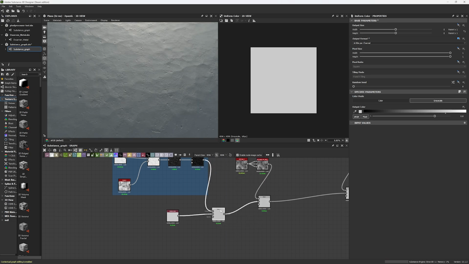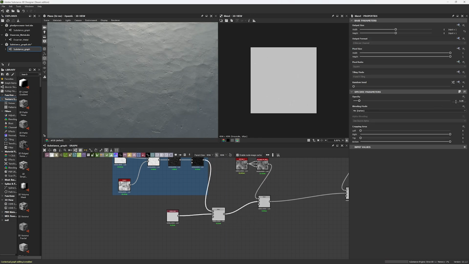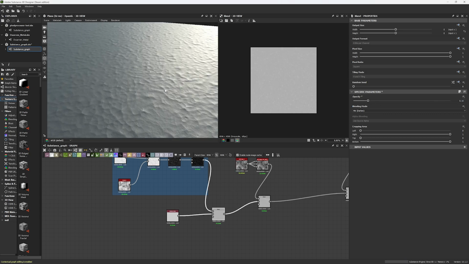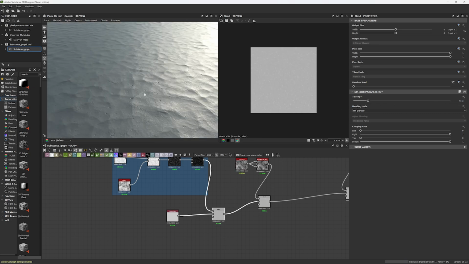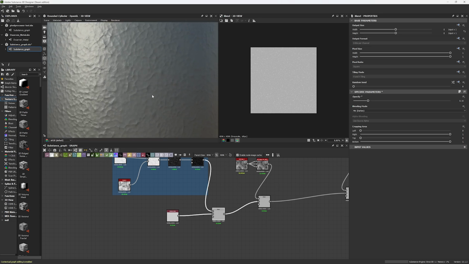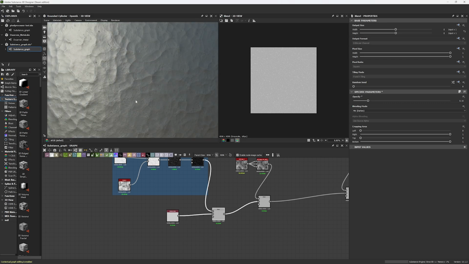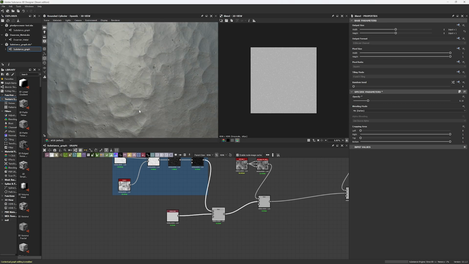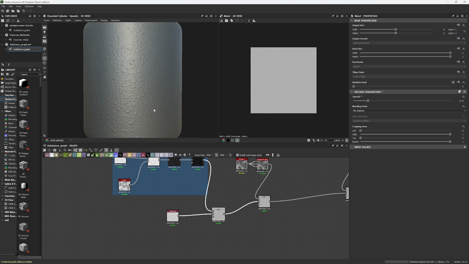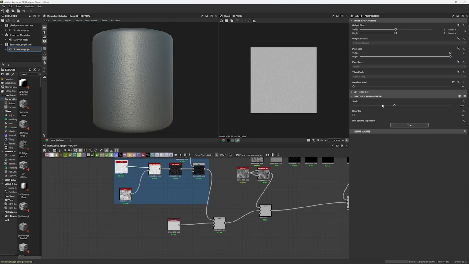Now, how did I blend this? I'm using a Min (Darken) with a value of 0.06. If you go higher than that, you're gonna see your metal is just gonna be way more hammered. So there's two parameters you can expose for this material. The first one is gonna be this one, that is the intensity. It's gonna tell you how much hammered it got and how strong it was used in order to make this. If this doesn't feel quite right, then you can change the scale of your Cells 1, and this is